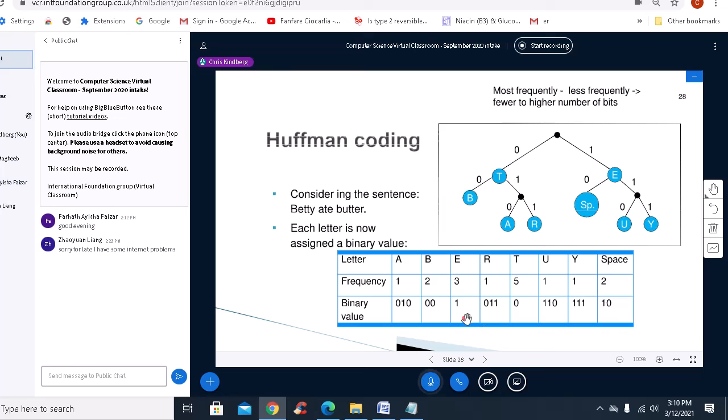And I'm going to represent E and T with 1 bit. I'm using 1 bit for T because it's got the most occurrences, and E has 3 occurrences of the letter E. So I'm going to represent that by means of 1 bit as well. And so, using a binary tree,